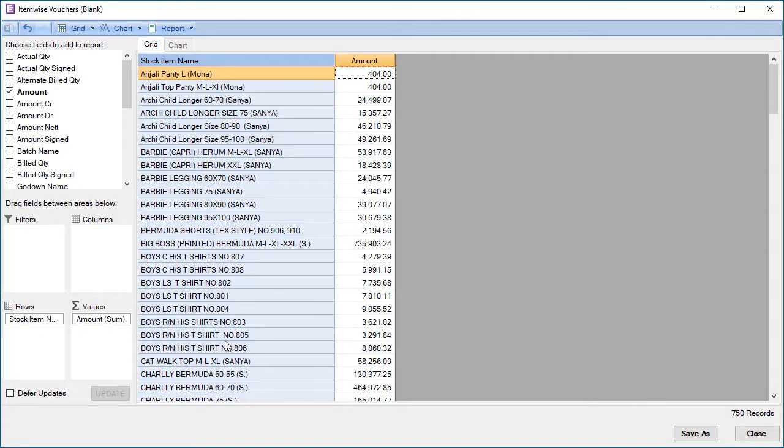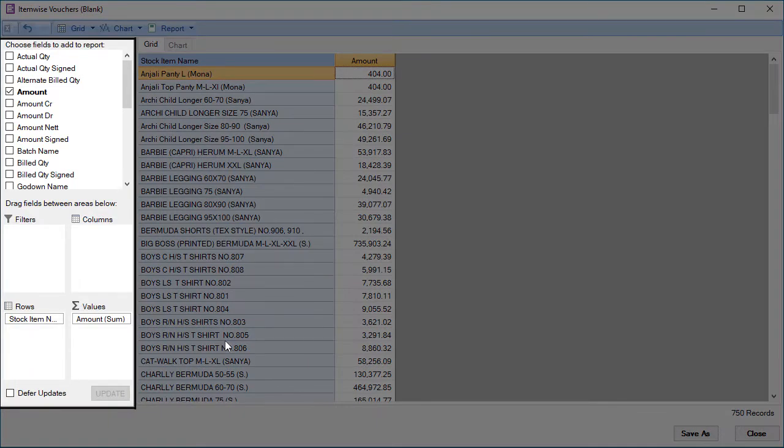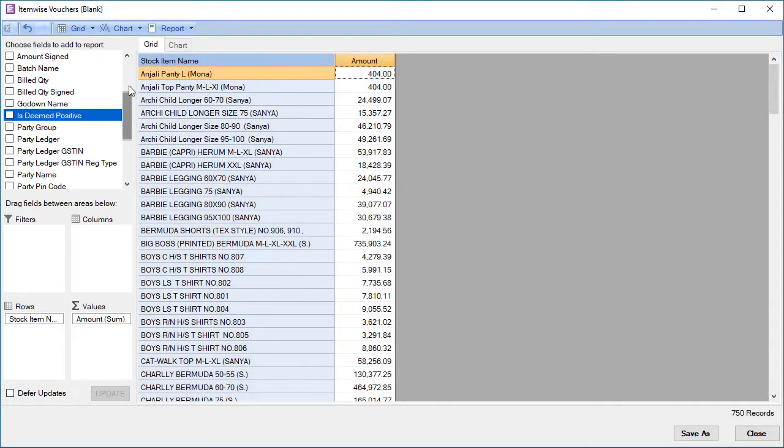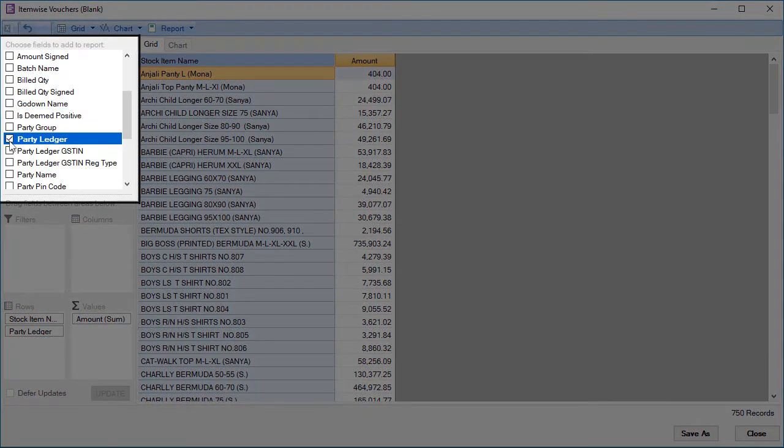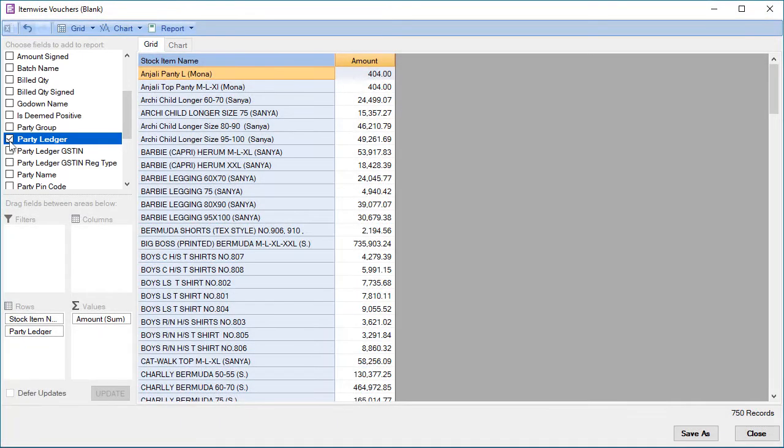The report will be shown in Pivot Report window. In the Pivot Report window, you can see two major vertical parts. At the left side, there is a panel area. At the topmost side of the panel, there is the field list. You can insert the fields in the report from the field list by clicking on the check boxes or by dragging and dropping the fields in the below areas.